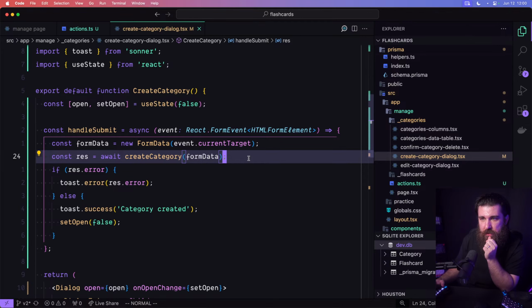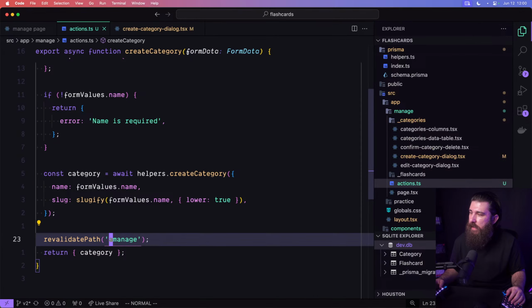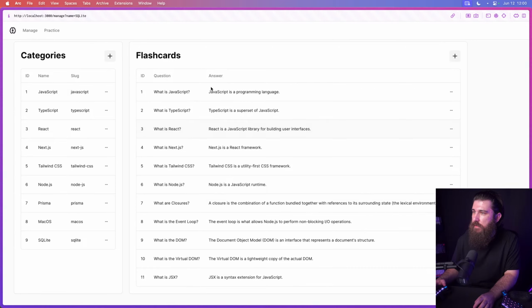So this is an interesting idea: how to handle a toaster feedback type of thing when using actions. That's an interesting thing. And it's not the revalidation. It's that when we look at this,